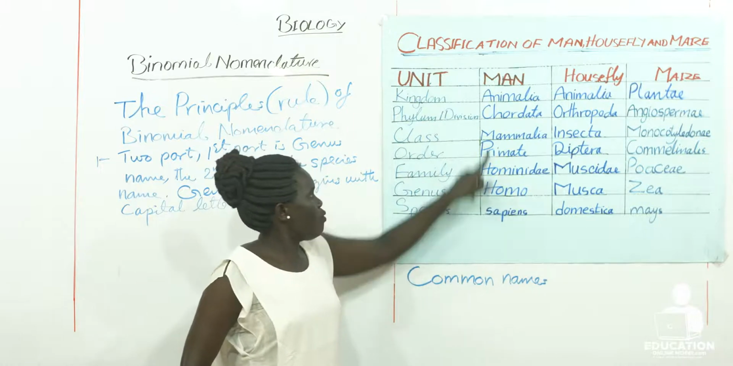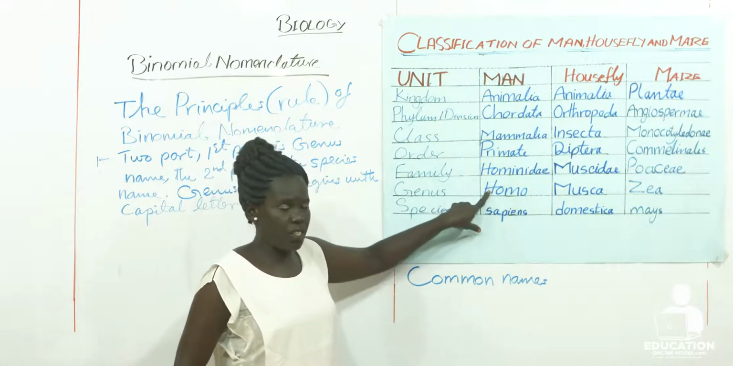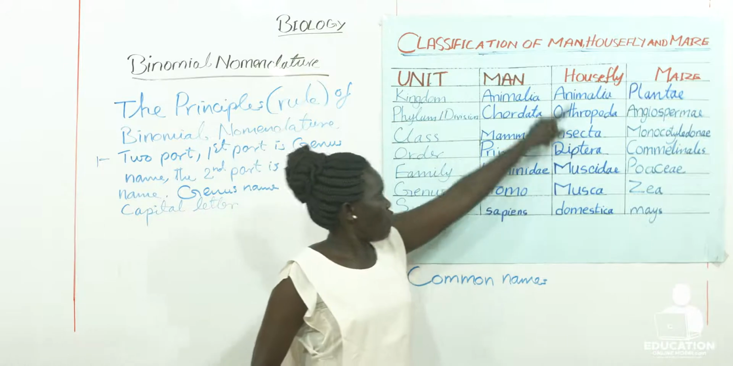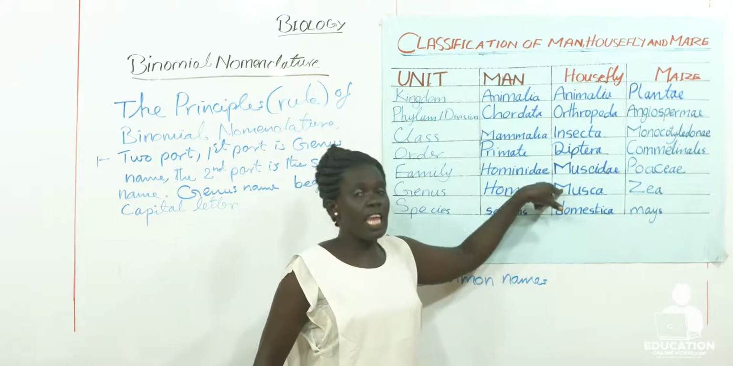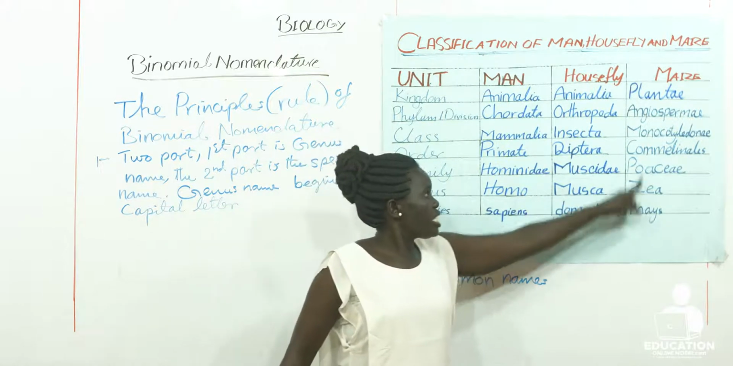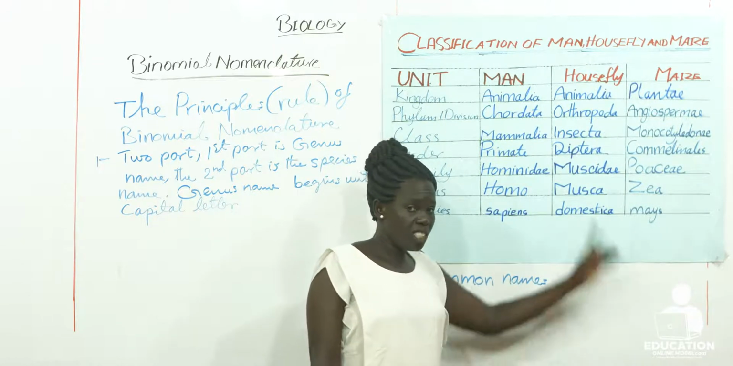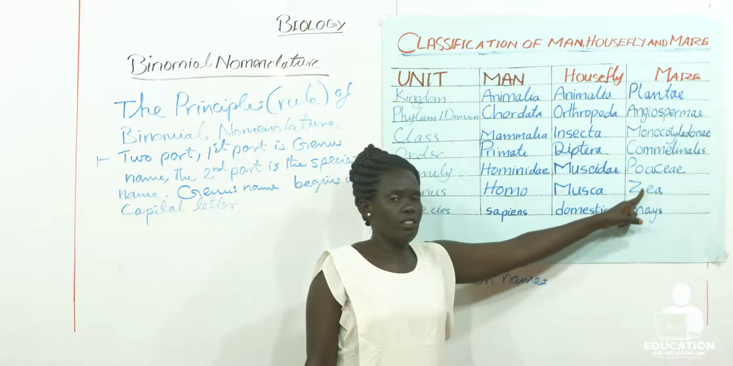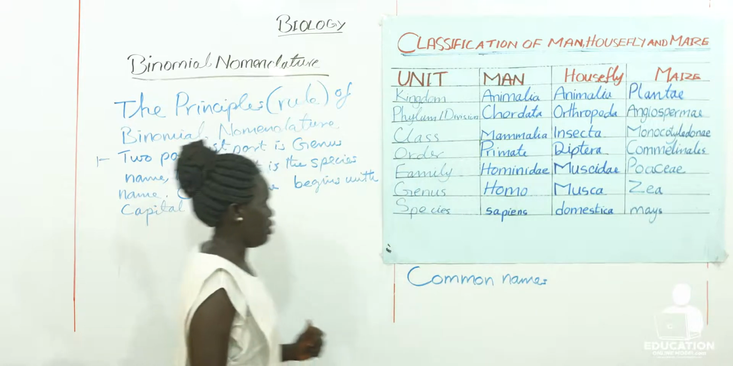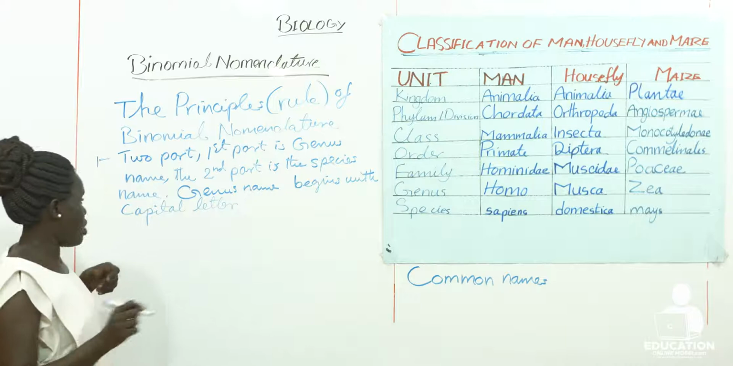This is the genus name for man. It starts with capital H. Genus name for housefly, it starts with capital M, Musca. Genus name for maize, it starts with capital Z. This is the meaning. While the second part, which is the species name,